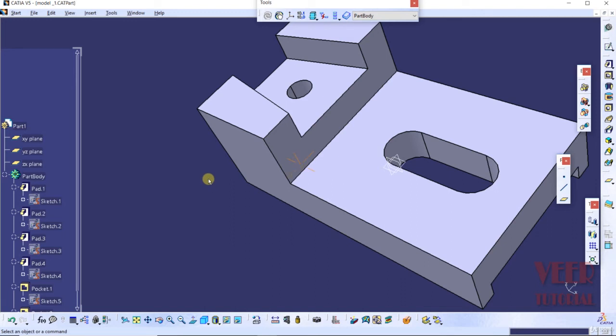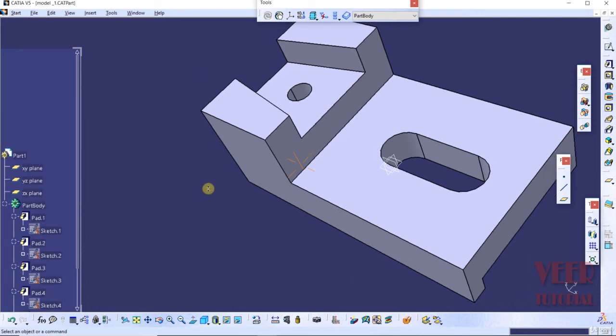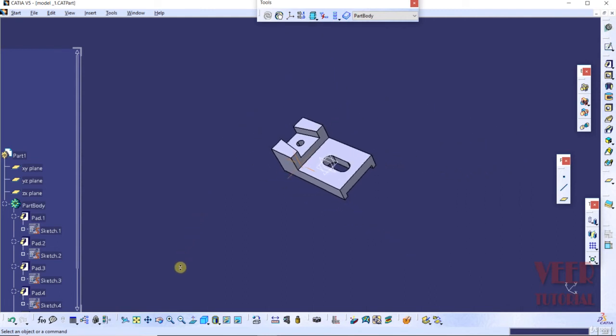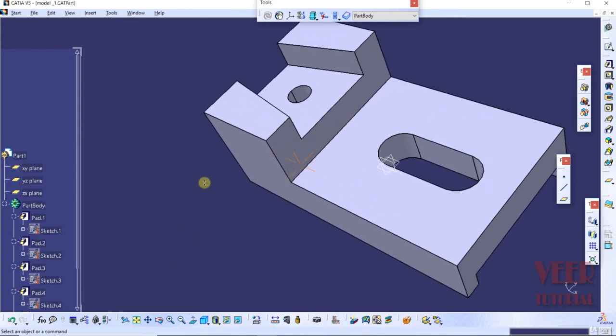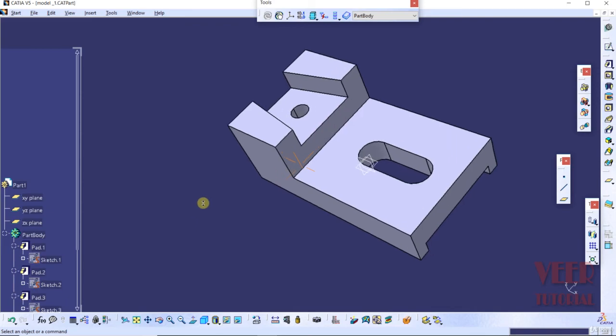Hold down the middle mouse button and then make a click. So we can select left click or right click, any of the clicks. Make a click and then drag the mouse. When we drag the mouse in the outward direction, it will zoom out, and when we drag the mouse in the inward direction, it will zoom in. So in this way we can zoom in and zoom out.